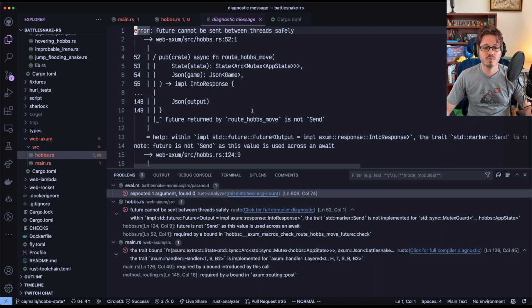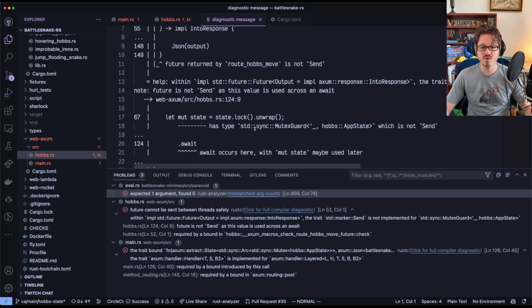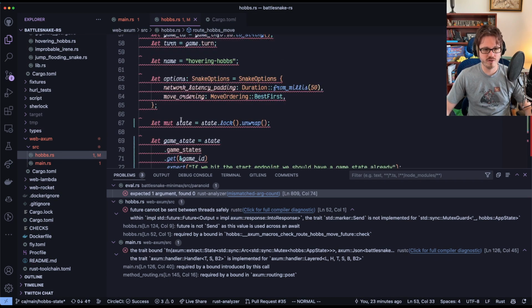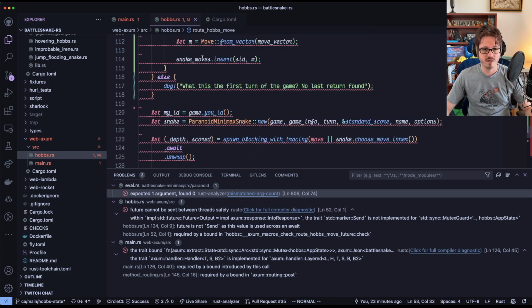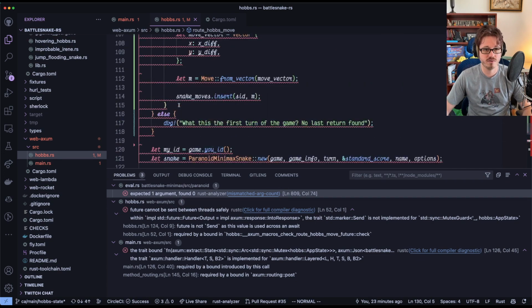Okay. Future returned is not Send. Oh, okay. As this value is used across an await. Oh, my mutex guard is gonna... Okay, so 67 and 124. Okay, so here's where I do this lock, and then 124 I have an await. Right here, I've got an await. Okay, so I would like to not be holding on to that by the time we get here. Okay, but then I also do...